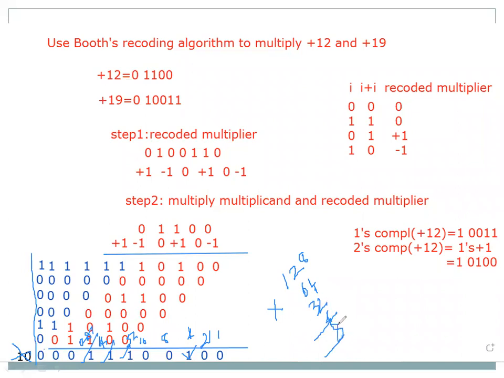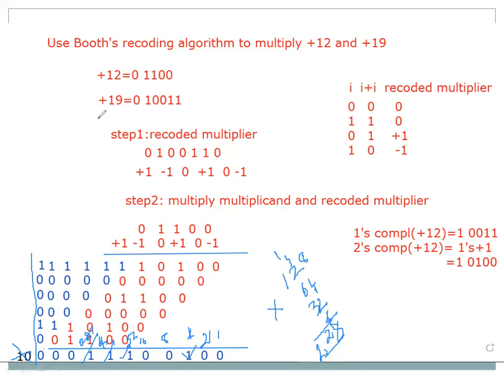Therefore, you are writing 8 in the result, 1 in the carry part. So 6 plus 2, 8. 8 plus 3 is nothing but 12. So you are writing 2 here and 1 here. So what about 1 plus 1? It is nothing but 228. This is the decimal equivalent of the binary value 0, 0, 1, 1, 1, 0, 0, 1, 0, 0.